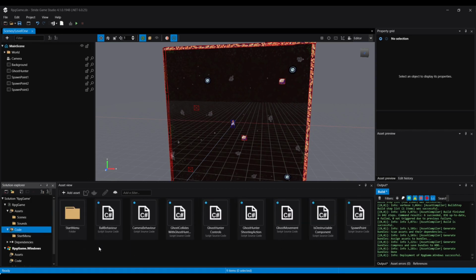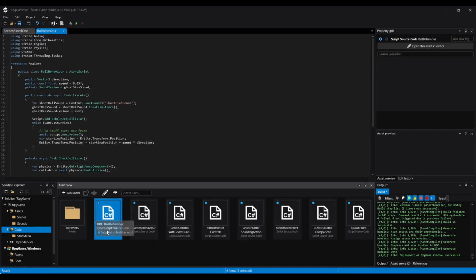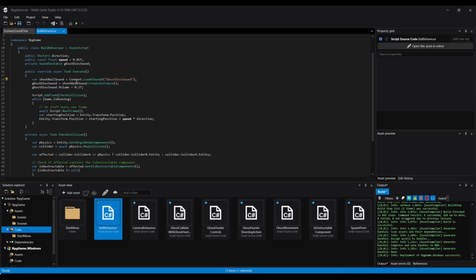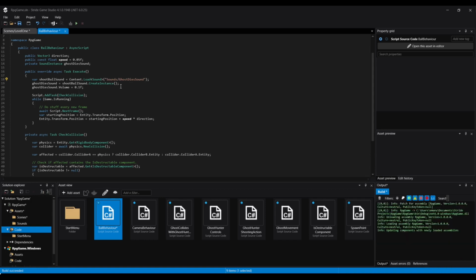So going to our code folder, and we know that the sounds for the ghosts are here and the ball behavior script, and where the sound is loaded we will have to add the correct path. So this will be sound and the name of the sound, so the folder and the name of the file. Let's build this,